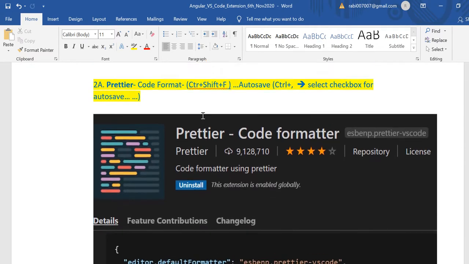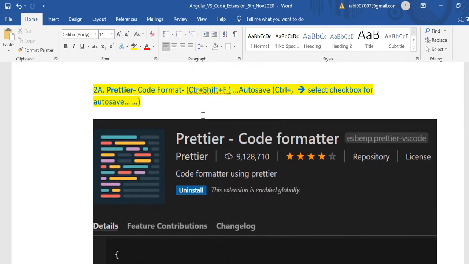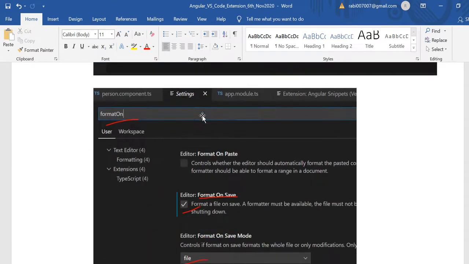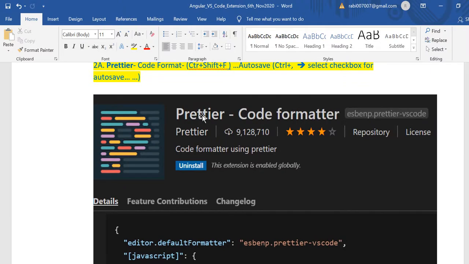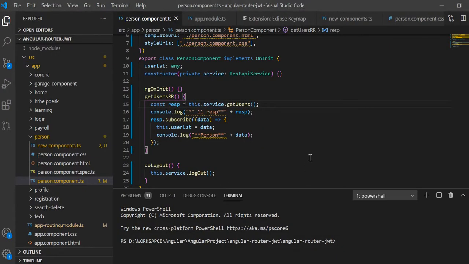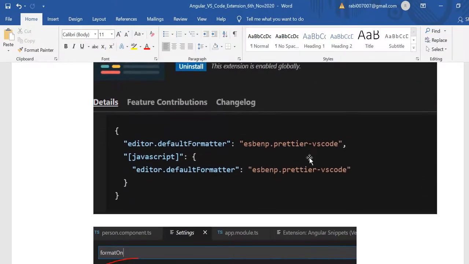Next is the Prettier code formatter. How we are going to format the code is about maintainability. If we write all the code in one line, it will not be good, right? Angular is a big chunk of code, it's very difficult to maintain, right?